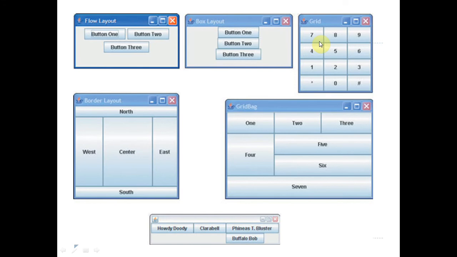Grid layout arranges all the components in equal-sized cells, so this is a grid-type arrangement. Then border layout means we can give borders to the components.